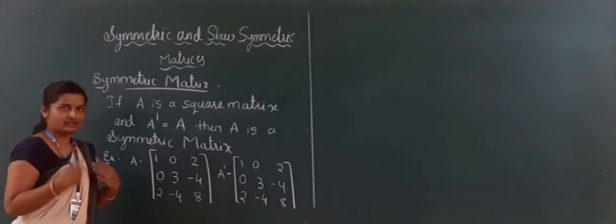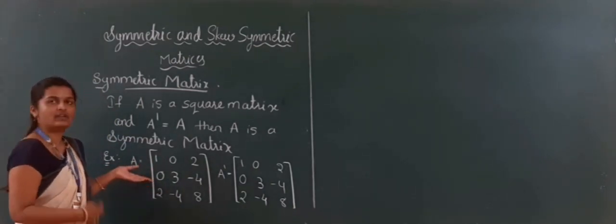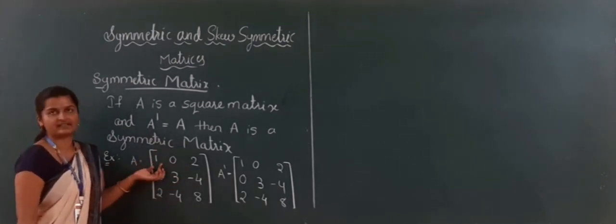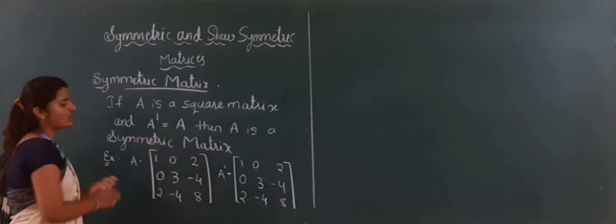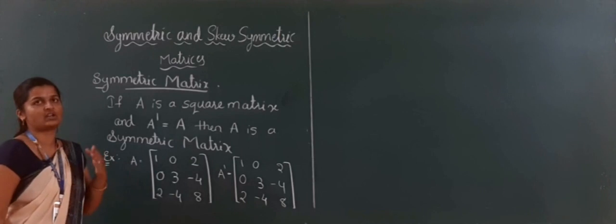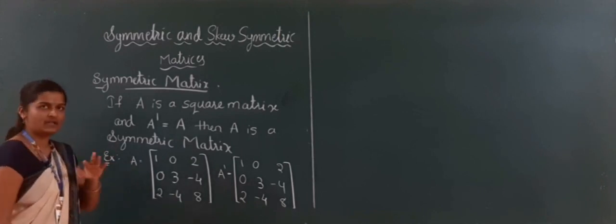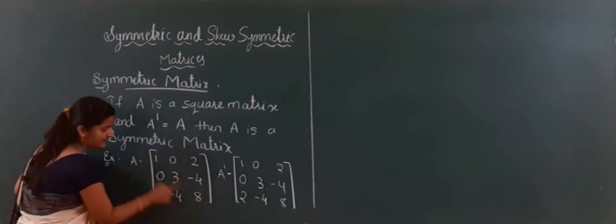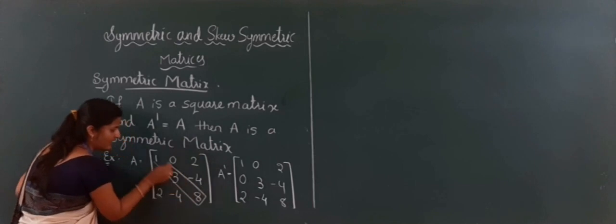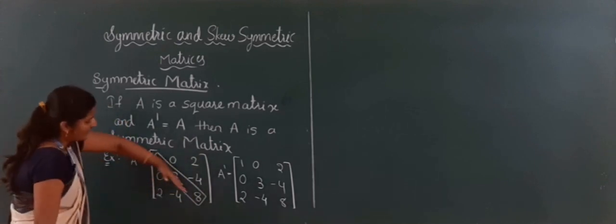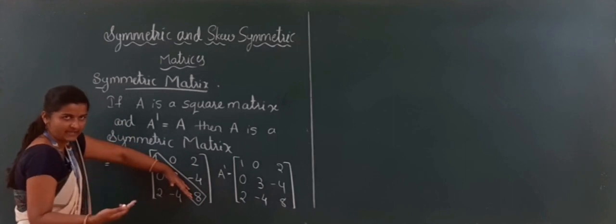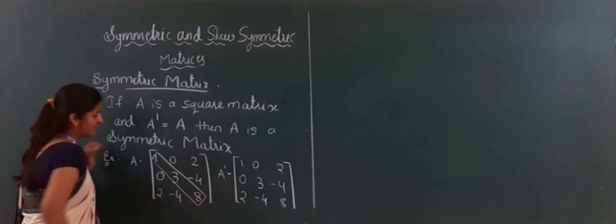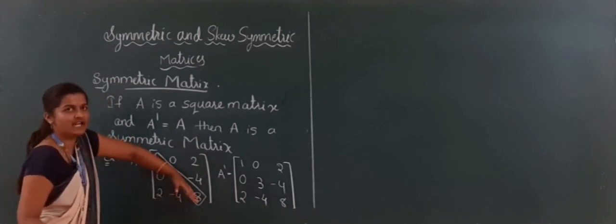In the next classes, every time we can't take the transpose and equate it to find whether this matrix is symmetric or skew symmetric. By seeing only, we can say whether this matrix is symmetric or not. For that purpose we have one trick. See here, this is a square matrix, and 1, 3, 8 is the diagonal. If I try to fold this matrix with reference to this diagonal, considering this diagonal as a reference,